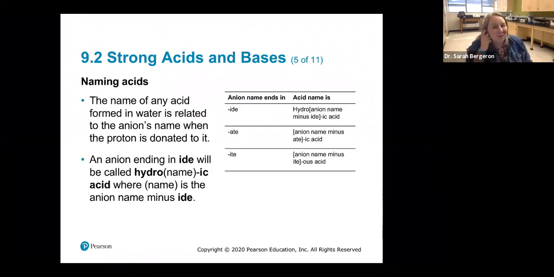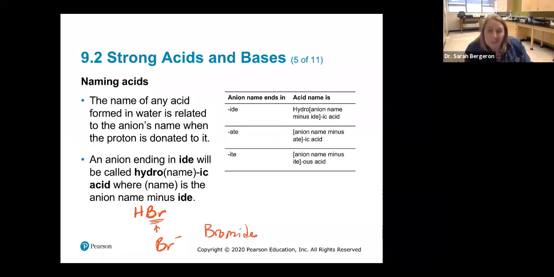All right, so we've classified strong and weak acids, and strong and weak bases. Now we need to know how to name them. When you name an acid, you have to look at what it was originally. So look at the original anion name, and if it ends in IDE, like HBr, what is this ion here? This is bromine, that's the atom, but what is my ion, Br-, what do we call that? We call that bromide,